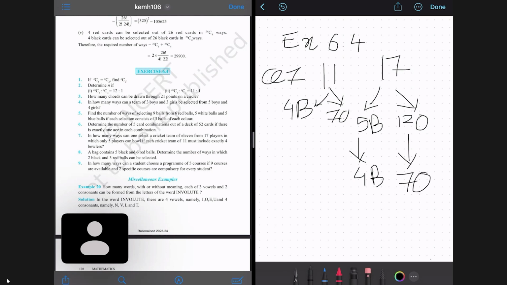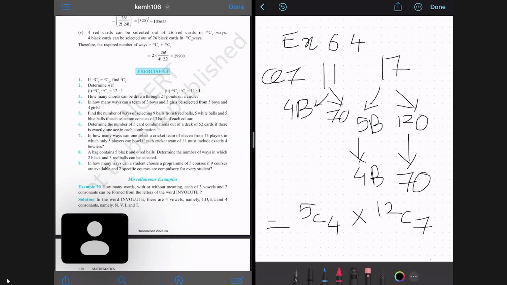So after understanding the question well, the solution that we arrive at is 5C4, because we are going to select 4 bowlers from the 5 bowlers that are available to us, and we are going to select 7 other players from the remaining 12 players. So 12C7, correct? After we have simplified this, 5C4 is nothing but 5C1,